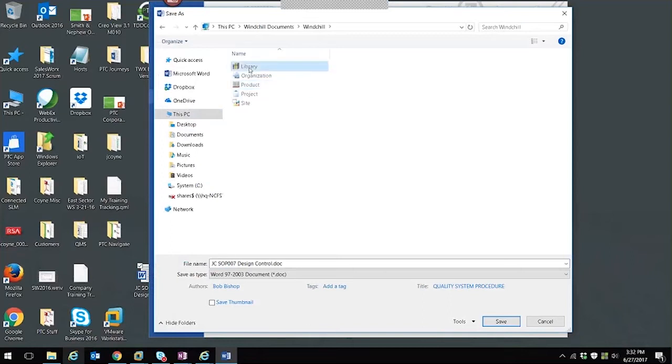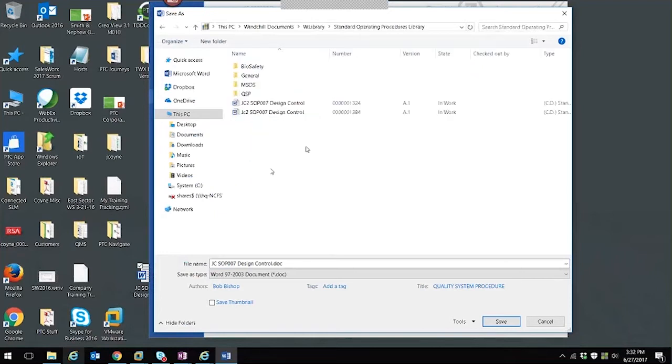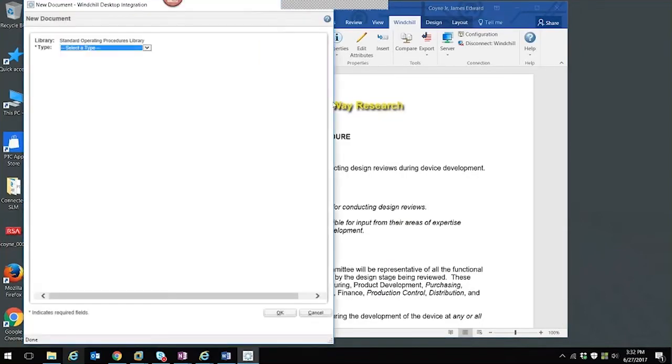So I'm going to put it in a library. I have a number of different libraries set up here, and because I'm going to consider it a standard operating procedure, I'm going to put it in my standard operating procedures library. I have a couple of subfolders in that library if I want to put it in there, but I'm just going to leave it at the top level for now, and let's give it a name and a number. And as I select Save here,